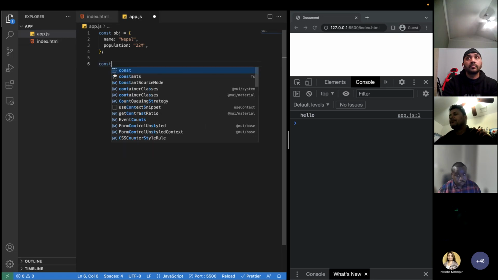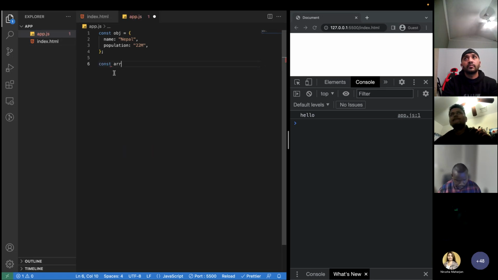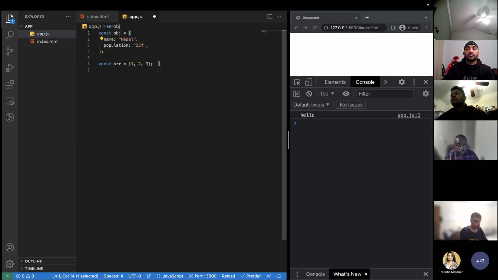And yesterday we created another variable, something like this, and this is an array, right? So this is an array and this is an object. The object will have the property name, and we use curly braces with an object, and with an array we use square brackets. Okay,